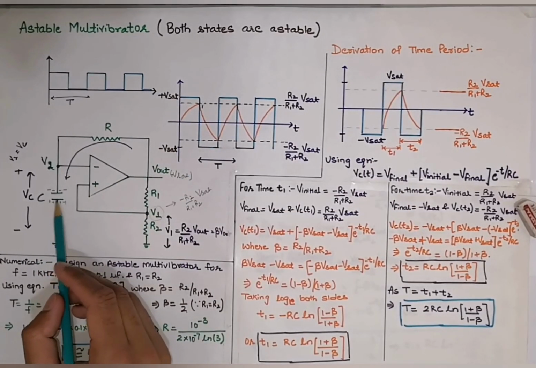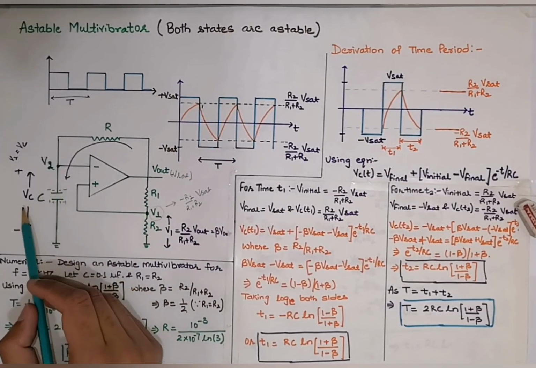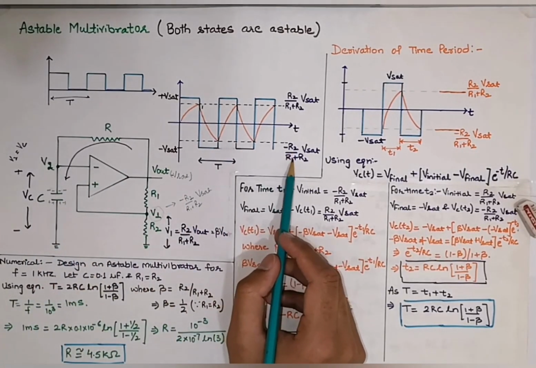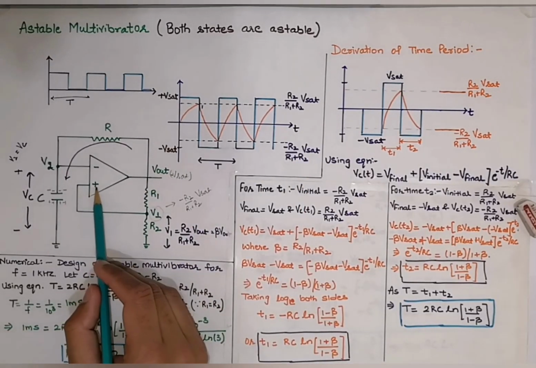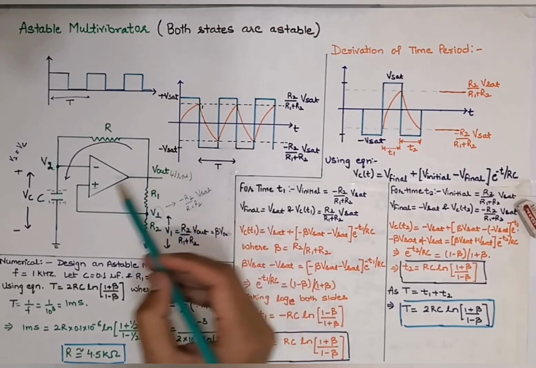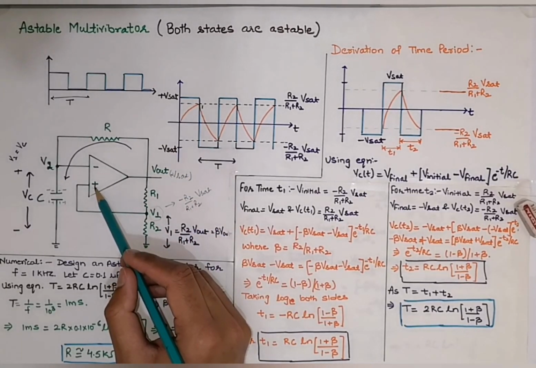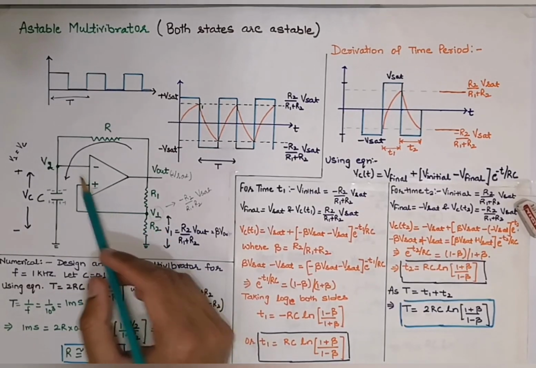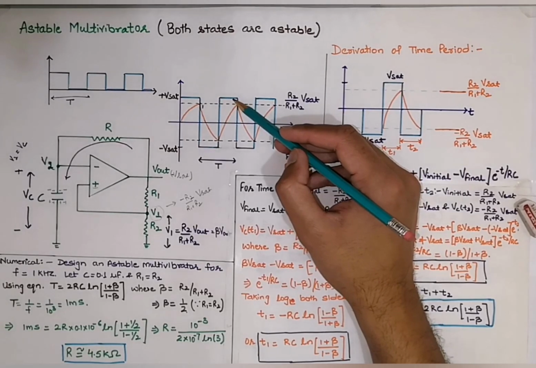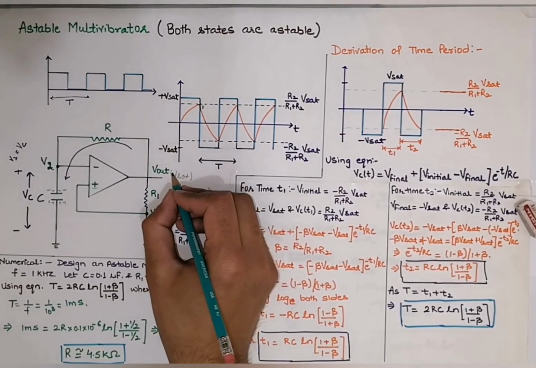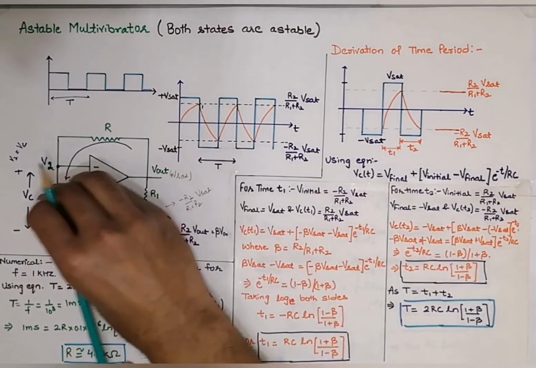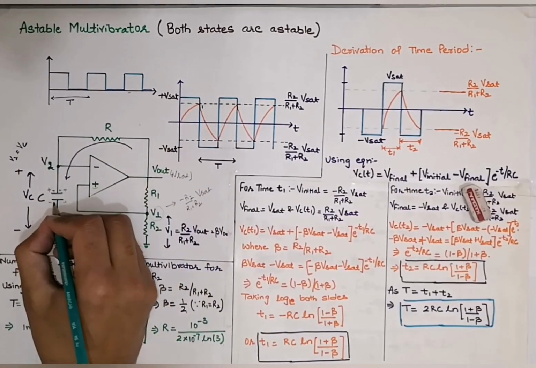It means now the voltage across this capacitor will be going towards the negative side, and the moment it has gone below the value of minus R2 upon R1 plus R2 of V saturation, that is nothing but the voltage at the non-inverting terminal, it will again switch back to the positive voltage, because at that point the voltage at the non-inverting terminal, that is V1, is greater than the voltage at V2, and it will again come back to the positive V saturation. Due to the positive V saturation, it will again go back to charging towards the positive side, and the voltage across the capacitor will start building up in the positive direction.